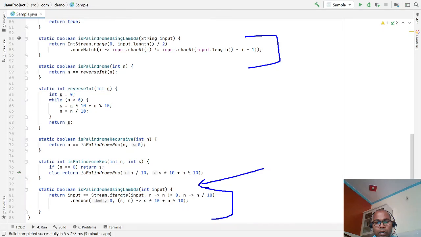It is not mutating anything. If any function or method is not mutating anything, you can use it in a multi-threaded environment, in parallel processing.